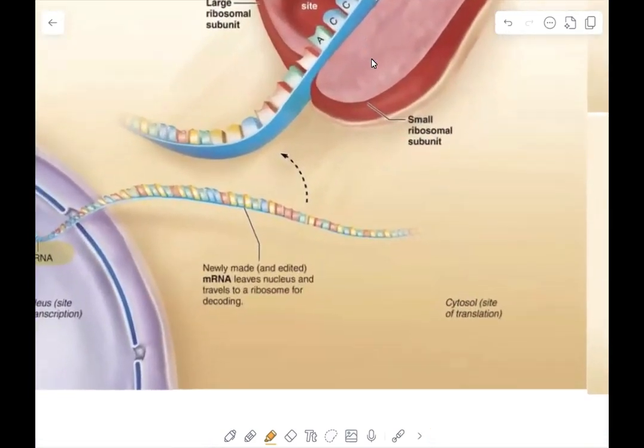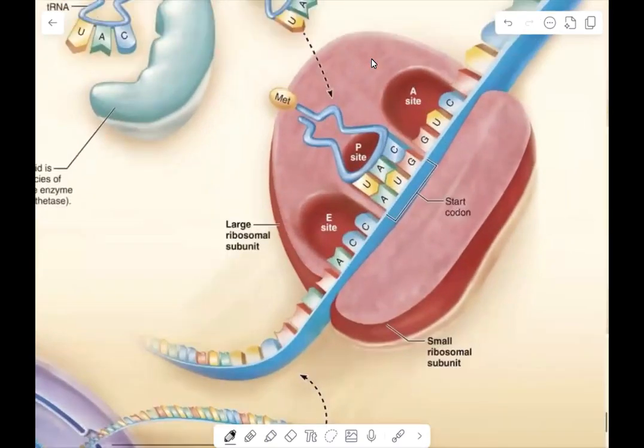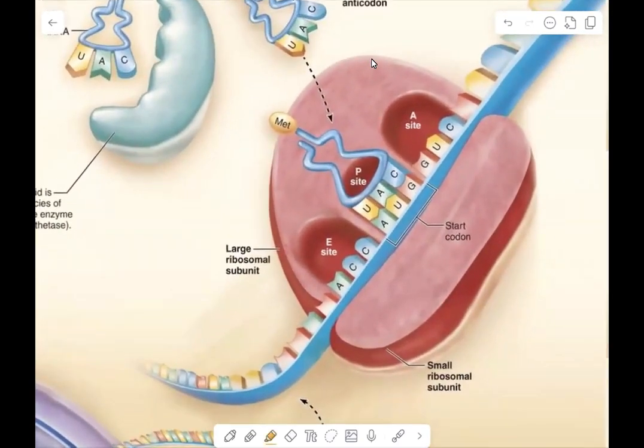That mRNA molecule then leaves the nucleus and goes to the ribosome, which is usually on the endoplasmic reticulum. This is happening in the cytosol, which, remember, is the intracellular fluid. So we're still in the cell. Now this ribosome is going to be reading